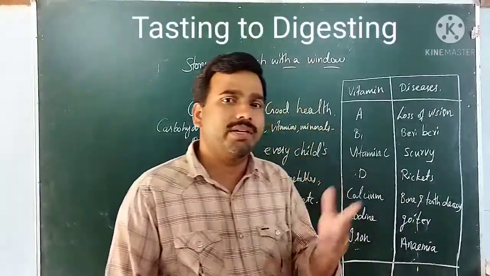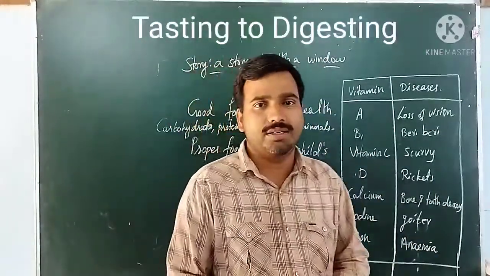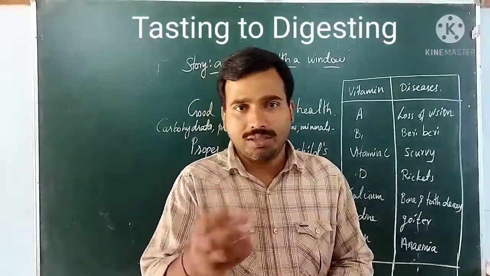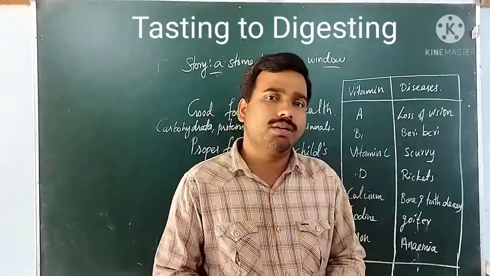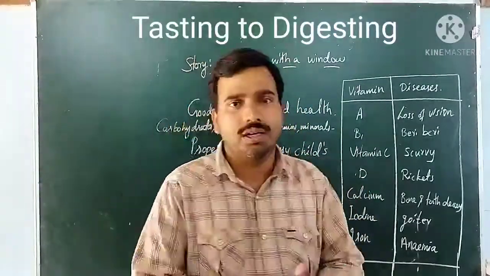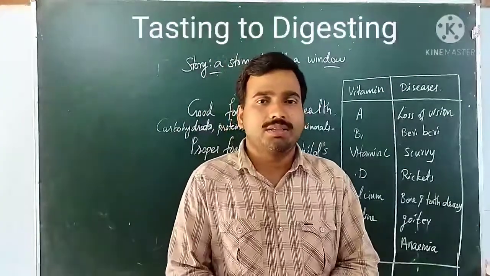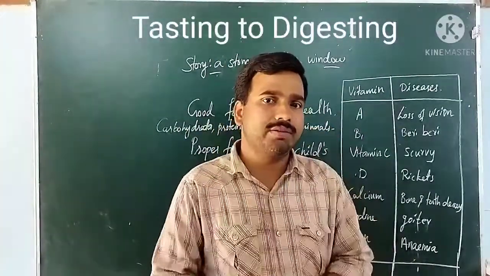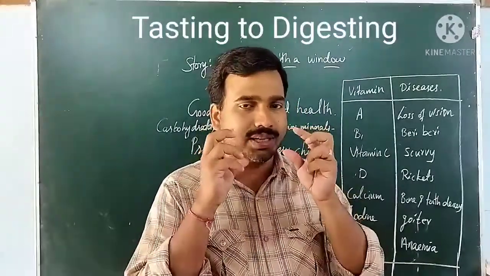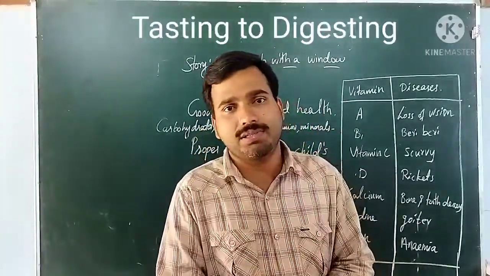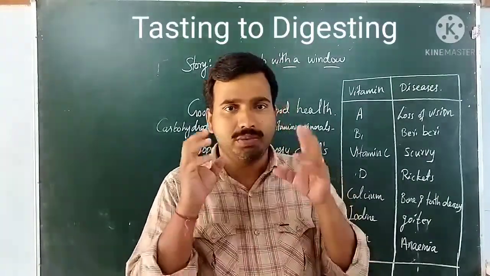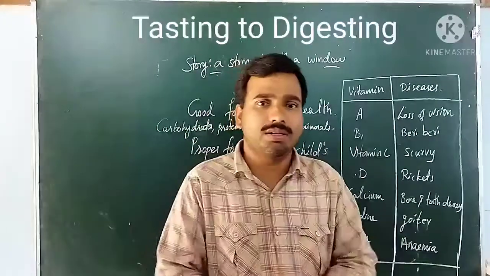Next, we discussed digestion and the major parts of the digestive system. Once food is taken into the mouth, what happens to it in the body? First, when you take the food into the mouth, the salivary glands are present there. Similarly, you can see the tongue, a muscular tissue, when you open your mouth.